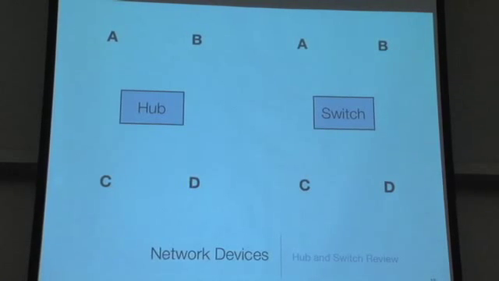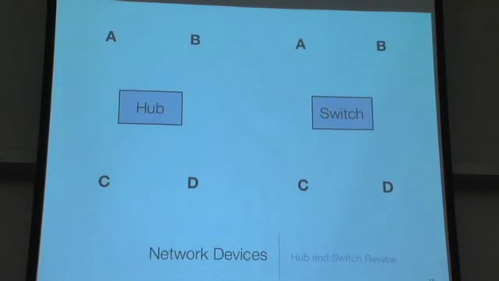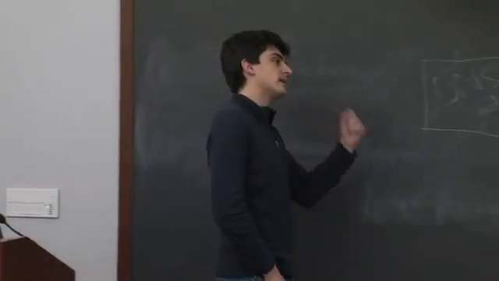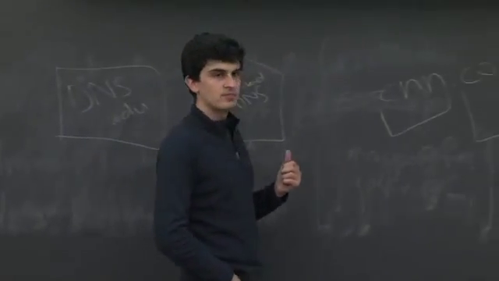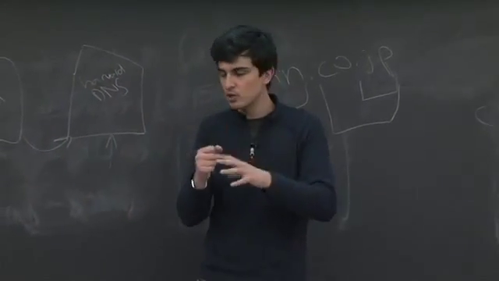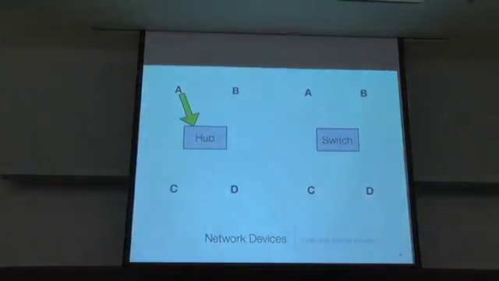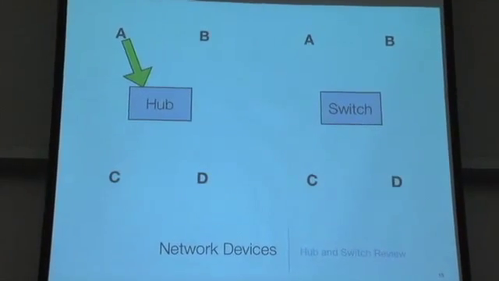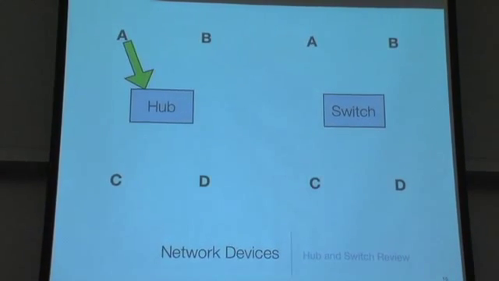So for example, let's say we have 4 computers. One is computer A, then computer B, C, and D. And each of these are connected to a switch through, say, an Ethernet cord, for example. And so a hub and a switch are basically the same thing. What happens is that you being computer A will want to send some data, and this data will of course be broken down into packets, and these packets will be sent from computer A to the hub, in this case into the switch, and each of these devices is